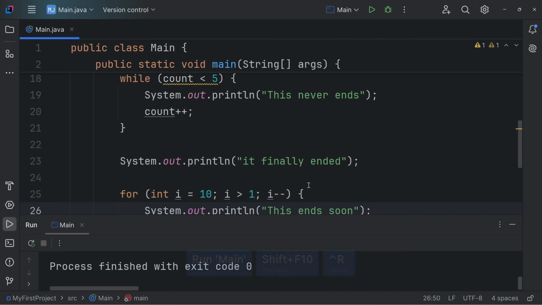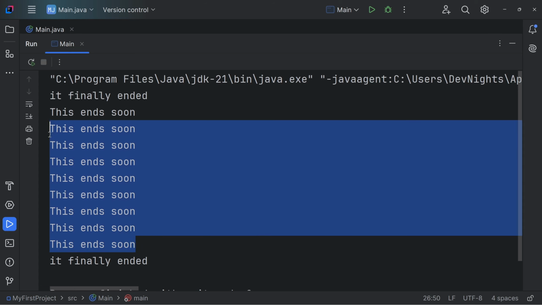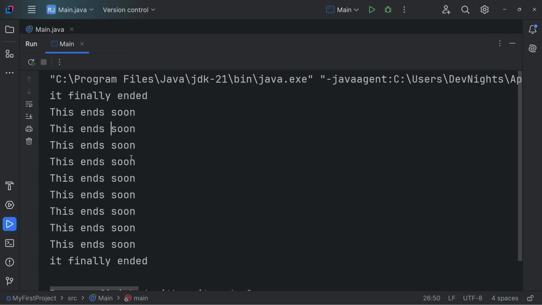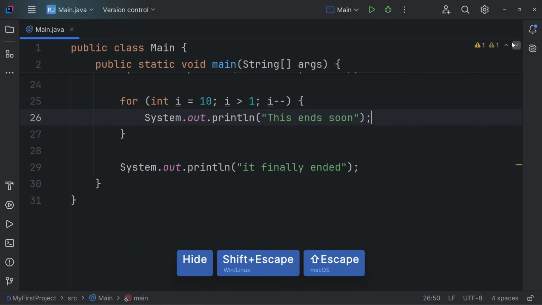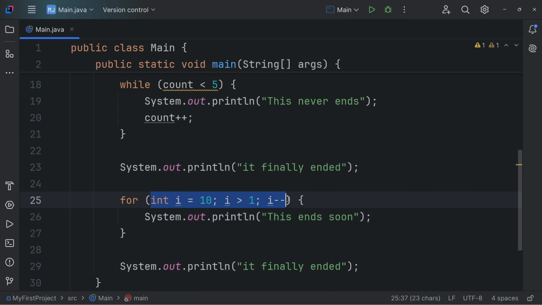Let's run it again, check that everything works okay. Yeah, we can see it ran a bunch of times. This should have run 9 times. 4 and 5, yeah, it ran 9 times. All correct. So a for loop is really for situations like when you know beforehand how many times you need